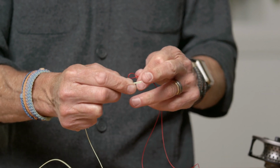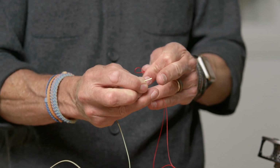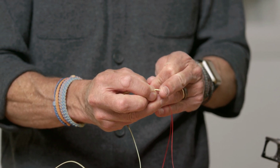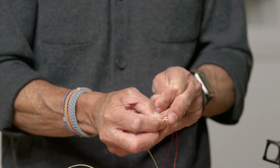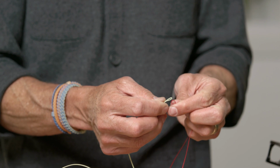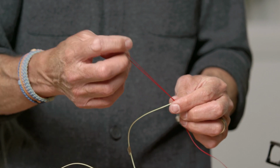Now you'll note that when you buy these lines, and the first time you look at them, these loops are quite elongated and thin. So I like to just push the tip of that loop to make it more round. See how that's making it more round? I like that. That makes it a lot easier to get the backing loop through. Then you pull the backing loop all the way through,